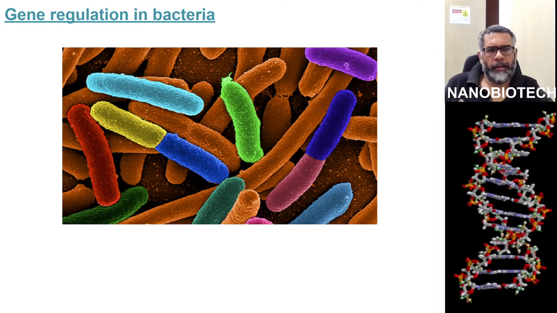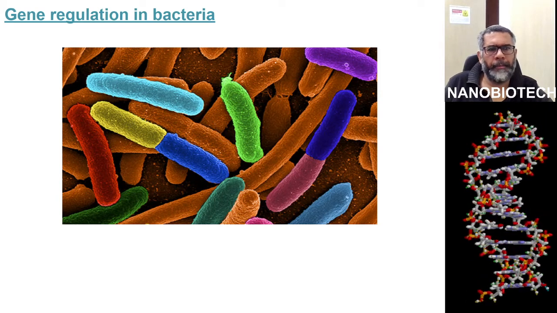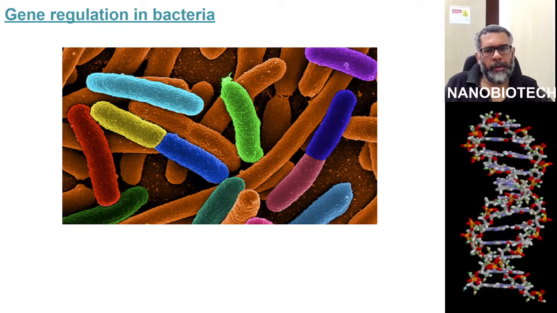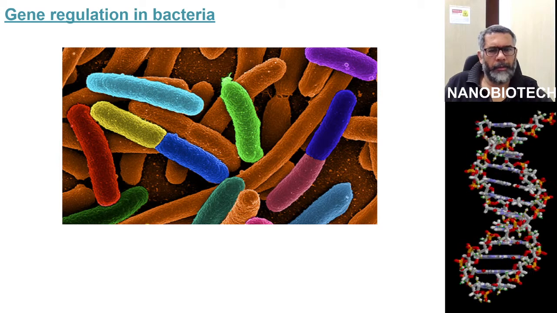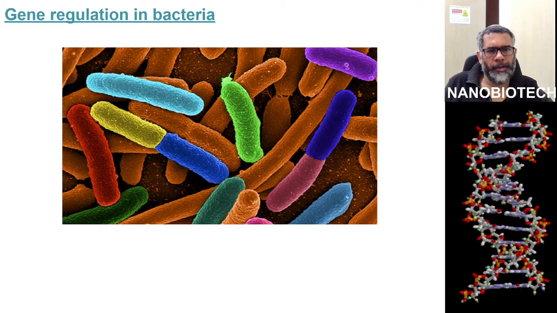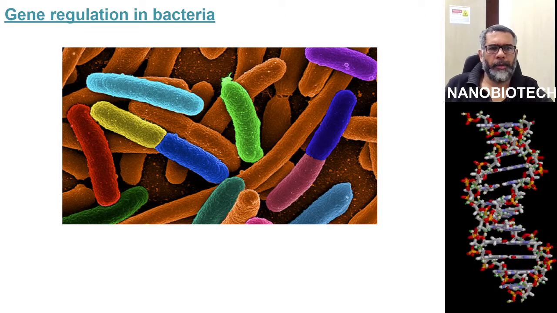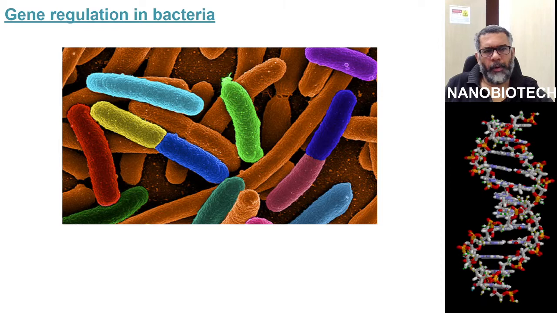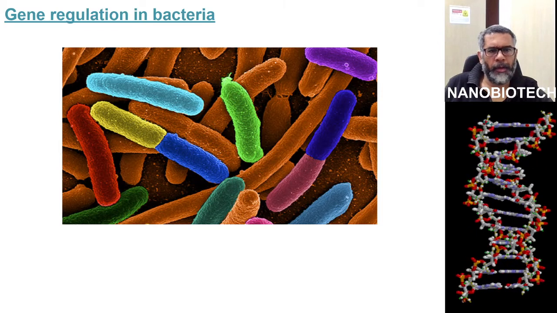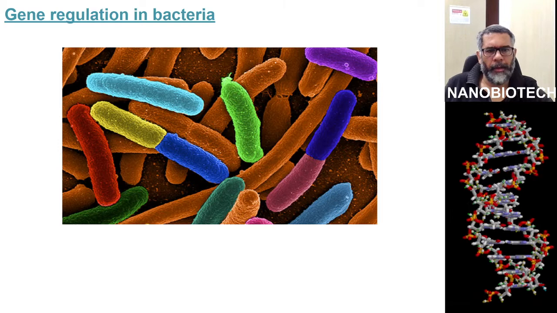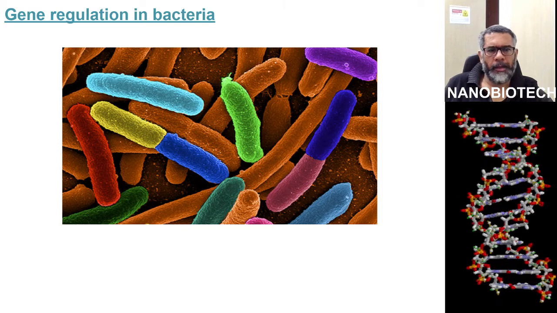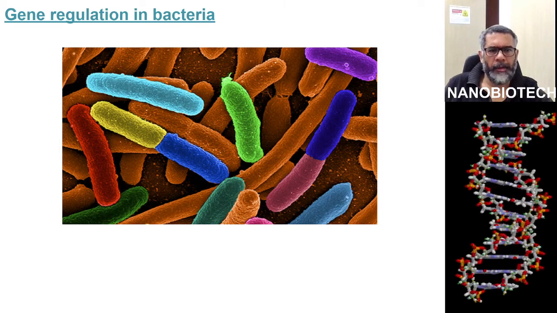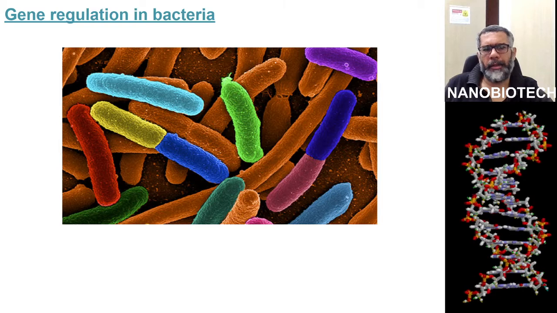So the genes are not always processed all the time. Some of them are continuously read, but some of them depend on the environment, on the conditions that need to be processed. Thus, cells don't express all the genes in their genome all the time. You can think of the genome as being like a cookbook with many different recipes in it. The cell will only use the recipes, expresses the genes, that fit its current needs.